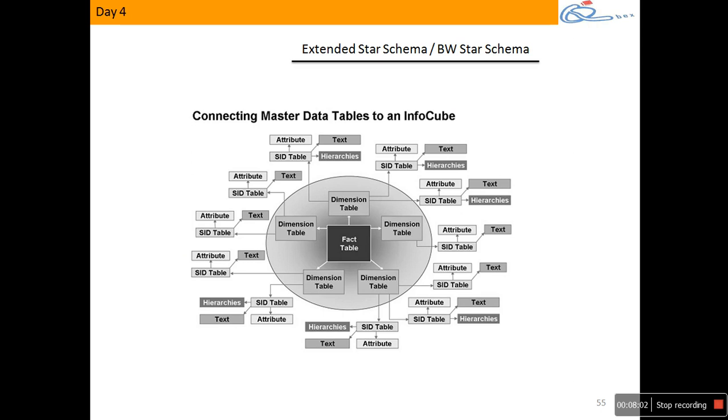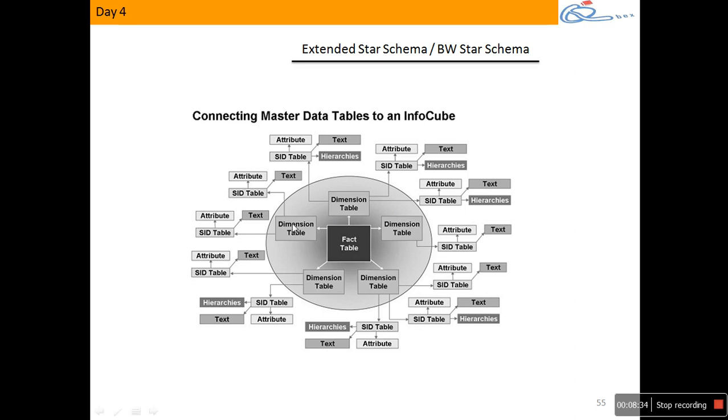Now if I get into a lot of tables, this is how the schema looks. Look at this. You have the fact table at the center, and how many dimension tables do we have in this design? Only 5, but we can have up to 16 like that. And you see a circle surrounding this, that is the cube. So the fact and dimension tables will constitute your cube. And the connections outside are what the cube is connected to. That's how it is.